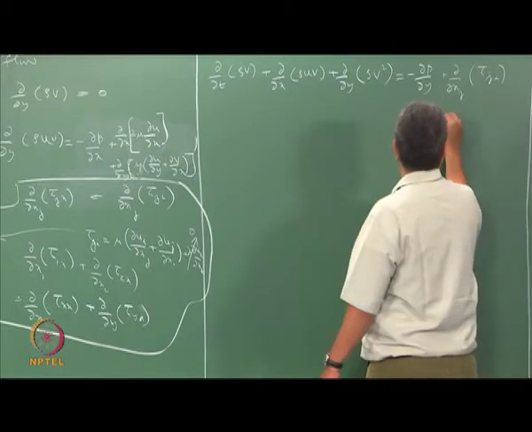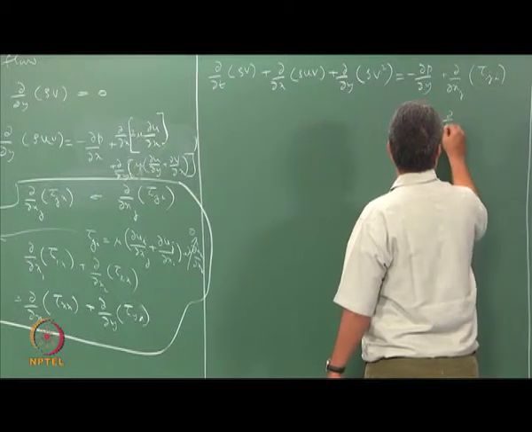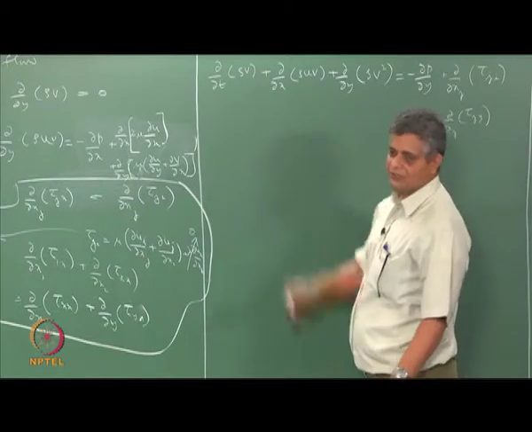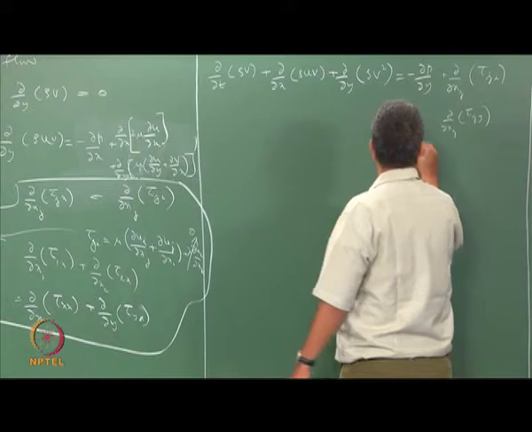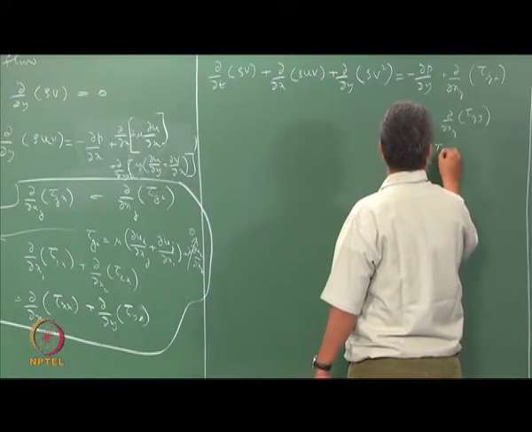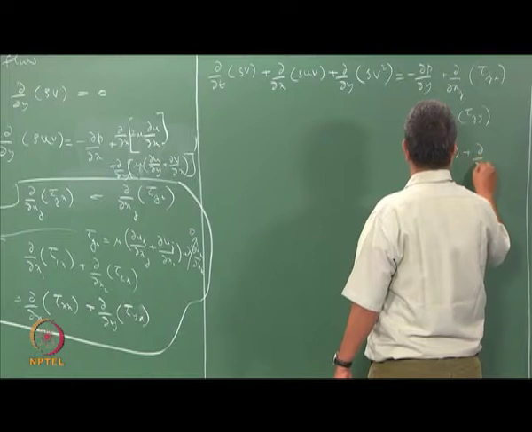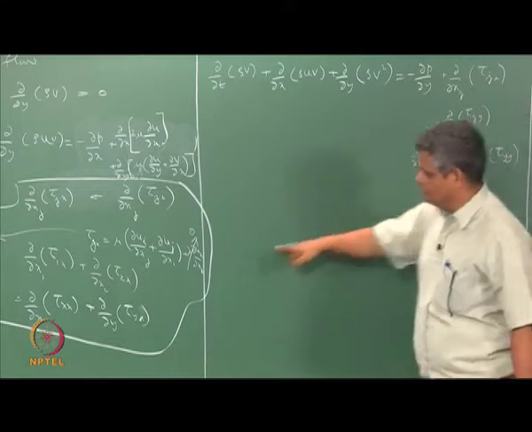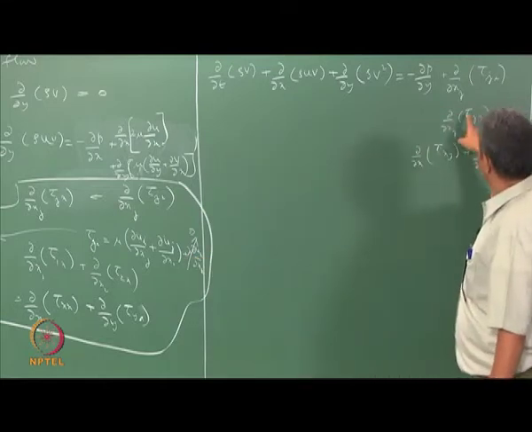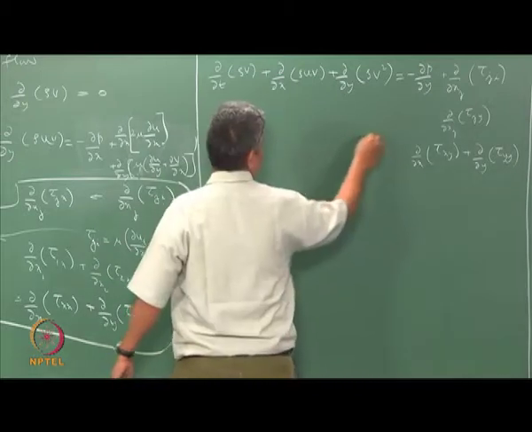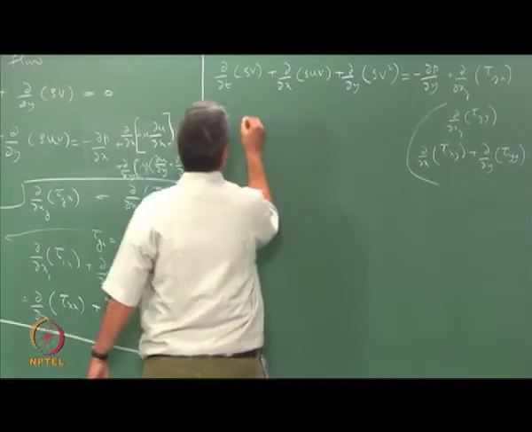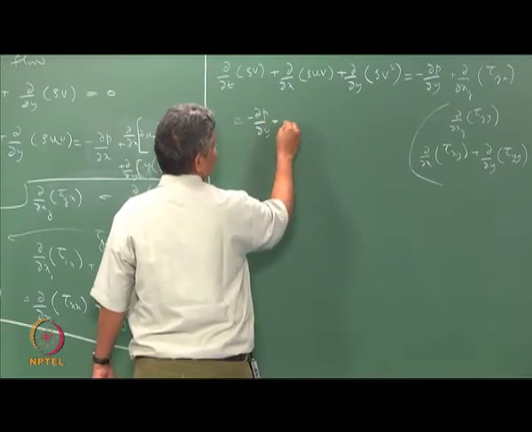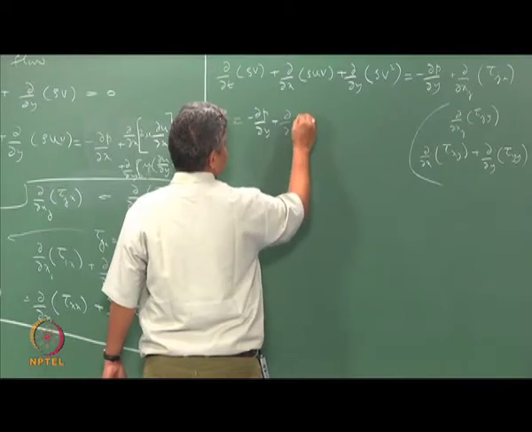So this is ∂/∂x_j of τ_jy in the y momentum direction. So this will be ∂/∂x of τ_xy plus ∂/∂y of τ_yy, and we can make use of this expression here and substitute, and therefore from this we can get the proper expression, this whole thing equal to minus ∂p/∂y